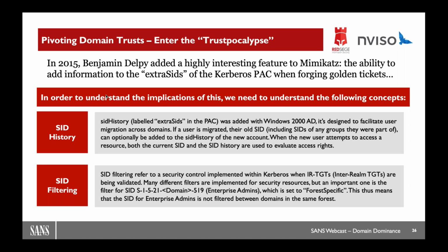Very interesting. Note that this works inside the same forest. So when this was published, it was the very first practical example, or the easiest way to show that if you compromise one domain fully inside a forest, you've just compromised all the other domains as well, because of this issue with SID history and SID filtering, which is fairly interesting. So there's a lot of documentation that Microsoft also provides on this topic, but that's a pretty nice attack strategy, if you will.